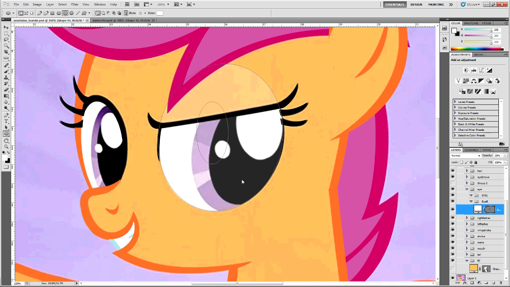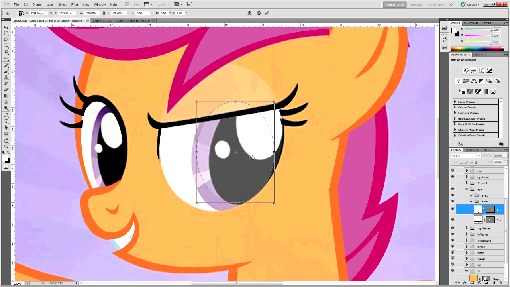Now you're going to make another ellipse. Same thing. Your property should have carried over if you're still in the ellipse tool. And do the same thing for the iris